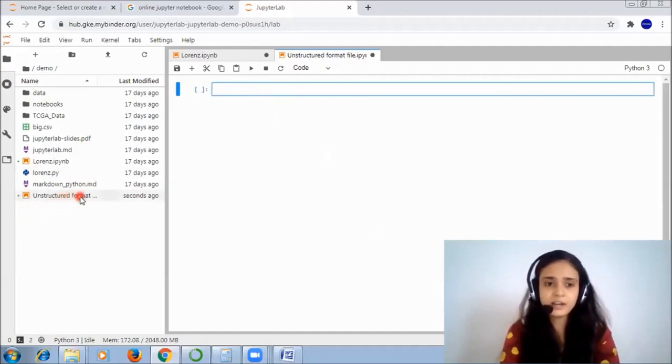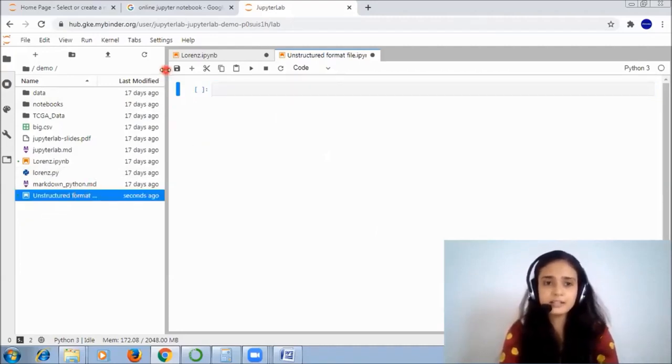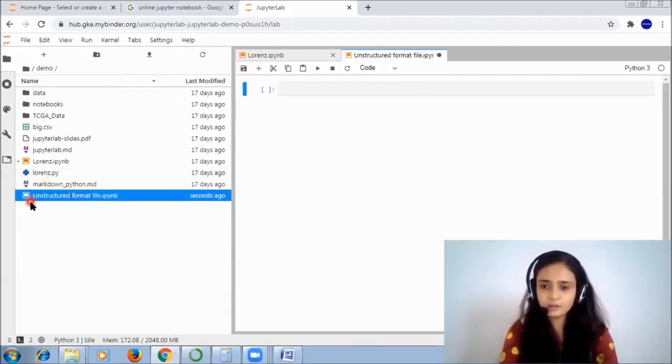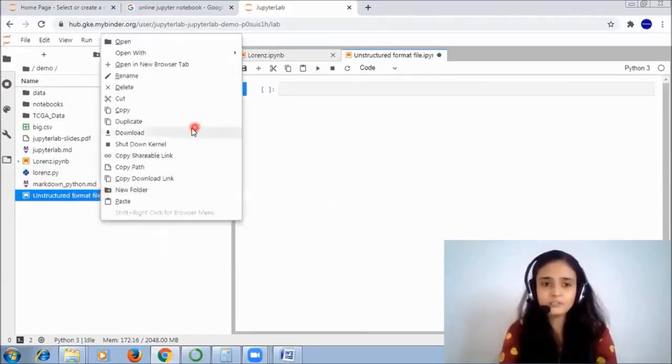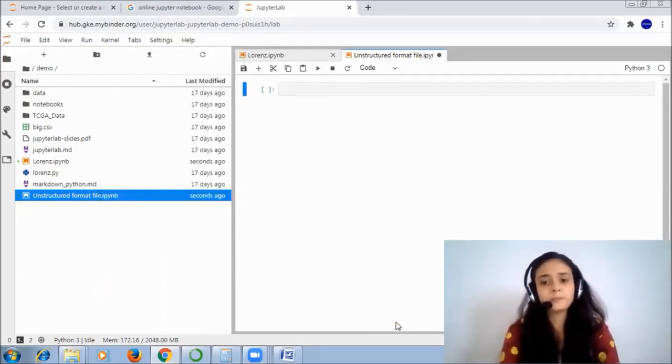You can see that file over here also, that is in the left hand side panel also. So after writing the code, you can also download the file from here, that is, the download option is there. So it will be downloaded in your computer system and then you can make use of it in the future also.